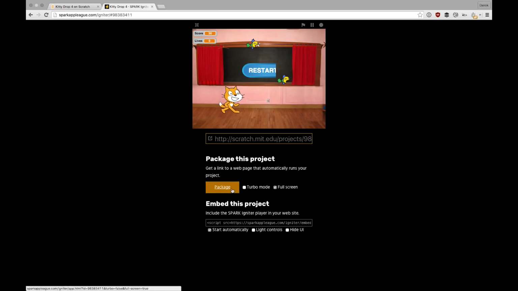So we have a few options for packaging. Number one that we definitely want is full screen, especially if you're on an iPad or a tablet of some sort, an Android tablet. You definitely want to enable the full screen option, because by default our Scratch stage that we've been working on